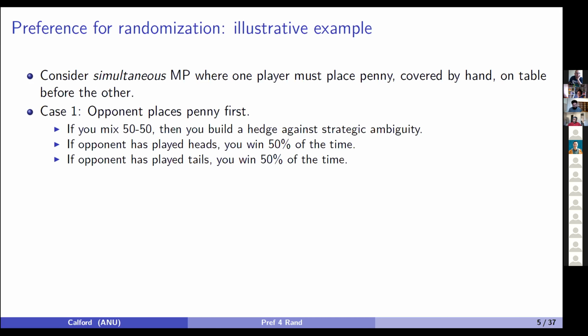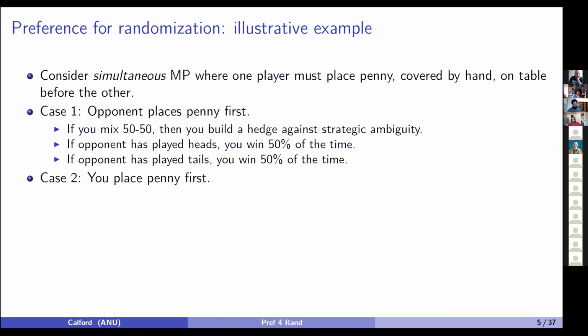And if my opponent has played tails, when I flip my coin, I'm going to win 50% of the time. So I've converted the uncertainty about my opponent's strategy into risk. Okay. Now, on the other hand, let's think about the case where you place the penny first, and think